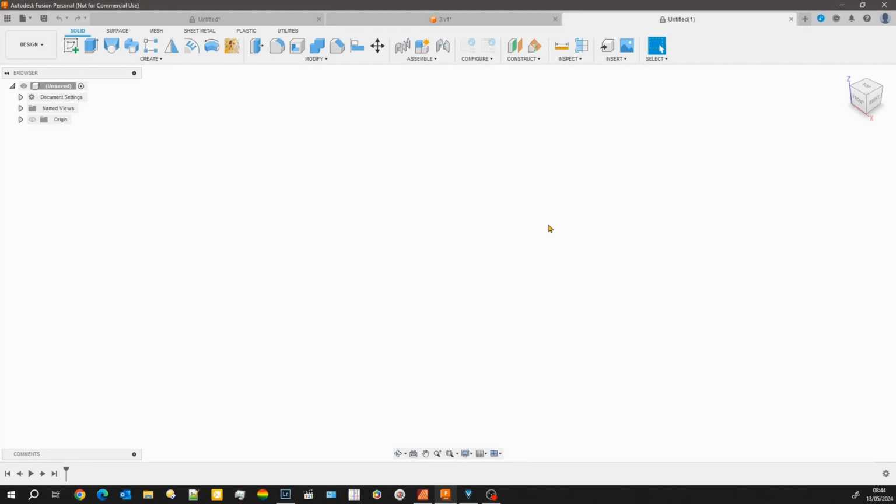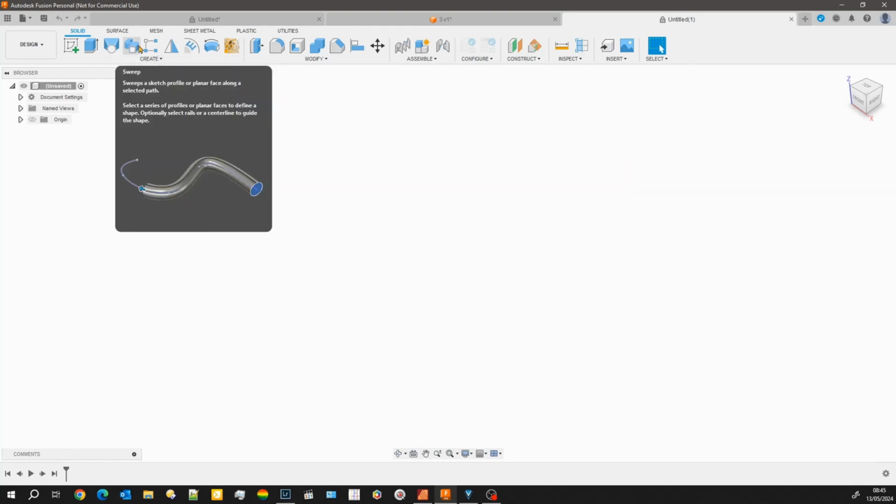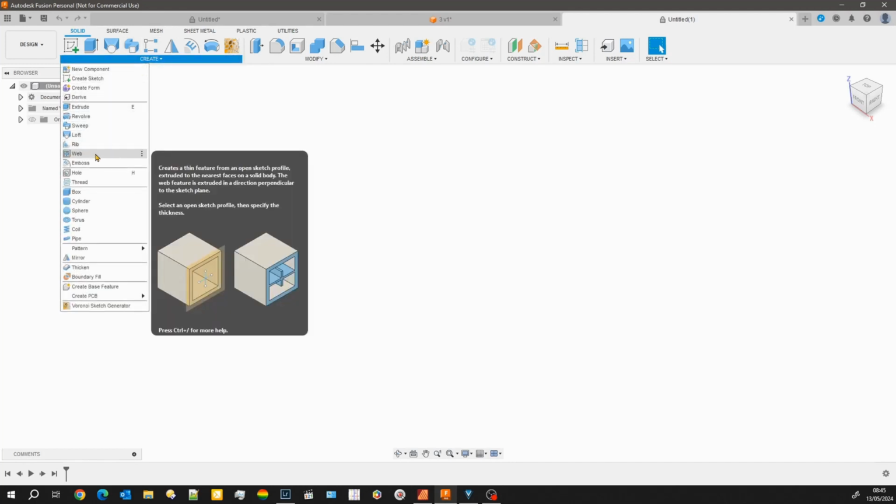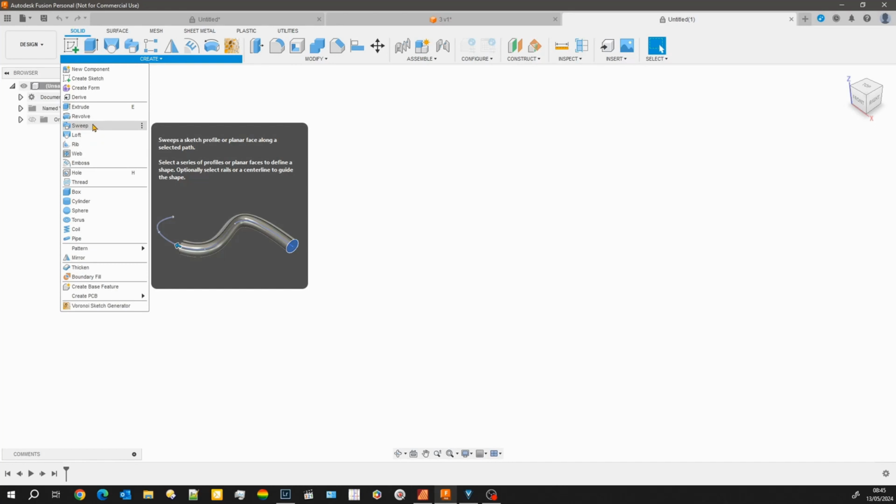Welcome to this session where we're going to look at the sweep command in closer detail. The sweep command can be found on the toolbar, this zigzag shape, or we can create and drop down to the drop down boxes and use the sweep command there. For the sweep command to operate, we need at least one profile and one path to sweep that profile along